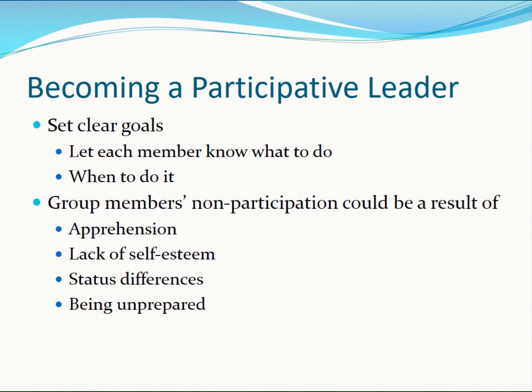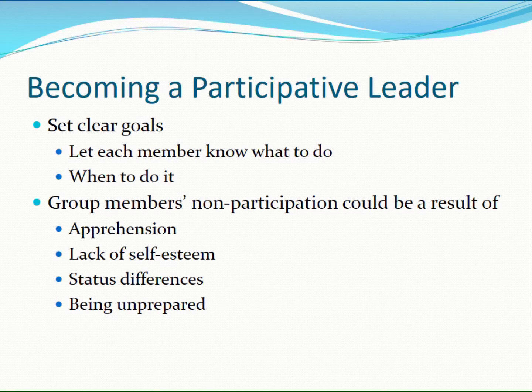So whenever you become a leader within a group, participative or otherwise, the first step is to set up that agenda. Let each member know what to do and when to do it. So tasks and time frames once again. And when you have members of the group who do not participate, who become dysfunctional in one way or another,